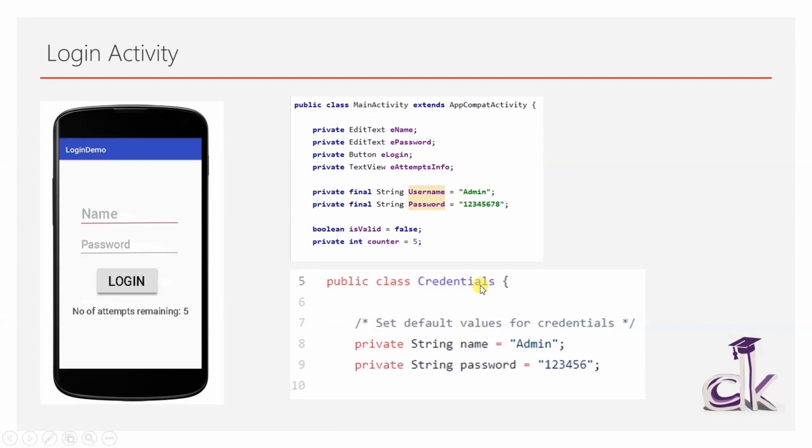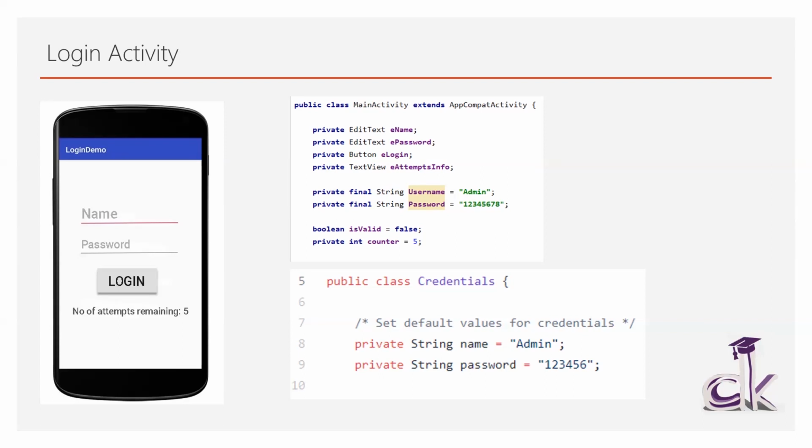right? So here at the bottom you can see I have created a class, and then you can create two different string variables, name and password, and then store that information. Now why this is necessary is, let's say you have a team of people who are working on a particular project. It is good if things are organized, and if you can create a class called credentials where you can put in the username and password, it is more readable, it is more understandable by someone who's seeing your code,